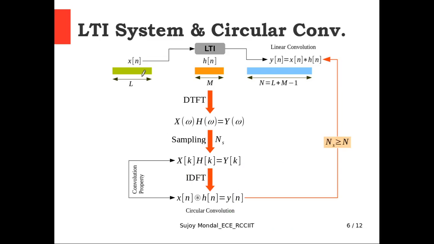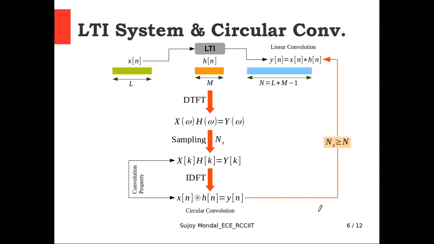Now if we talk about LTI system output and circular convolution, how can this be related? Let's take a look. This was LTI systems with linear convolution. We took the DTFT, found the DTFT expressions, and sampled these expressions to get a discrete or quantized spectrum, that is a DFT relation between input and output. Now from this DFT to this particular step is basically the circular convolution property of DFT. This is one of the properties of DFT. So if you take the inverse DFT, it would be exactly the circular convolution between these two sequences